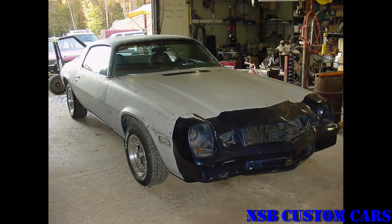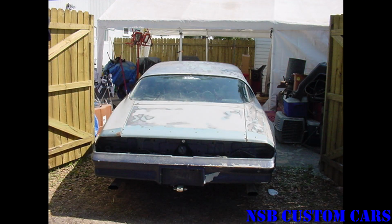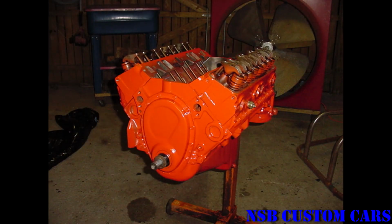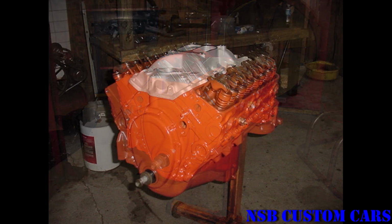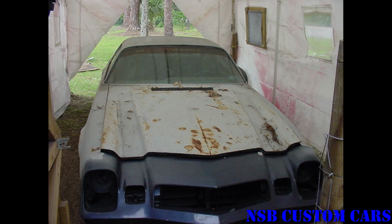and this time we're going to go back to the original color. You can tell most of the paint, we just scraped it off with the scraper. That's what happens when you put enamel on top of lacquer primer, it doesn't stick real good. But as far as the motor, it had a 305 in it, and we pulled the motor out, and I put a 350 4-bolt main motor, which you see there,